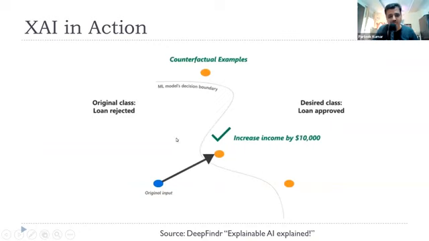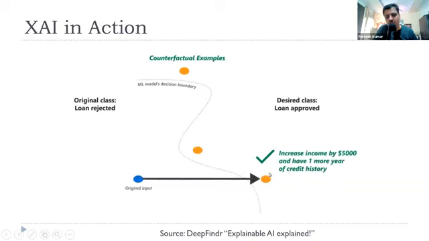Here, I'm just giving one more example. Let's suppose originally the person has a loan rejected. So this is the undesirable class. The person wants to move to the desirable class, which is loan approved. So counterfactual explanation can provide a possible action so that he can move from loan rejected to loan approval. One possible suggestion may be to increase your income by $10,000, or it can generate another possible suggestion: increase income by 5,000 and have one more year of credit history so that you can move from loan rejected to